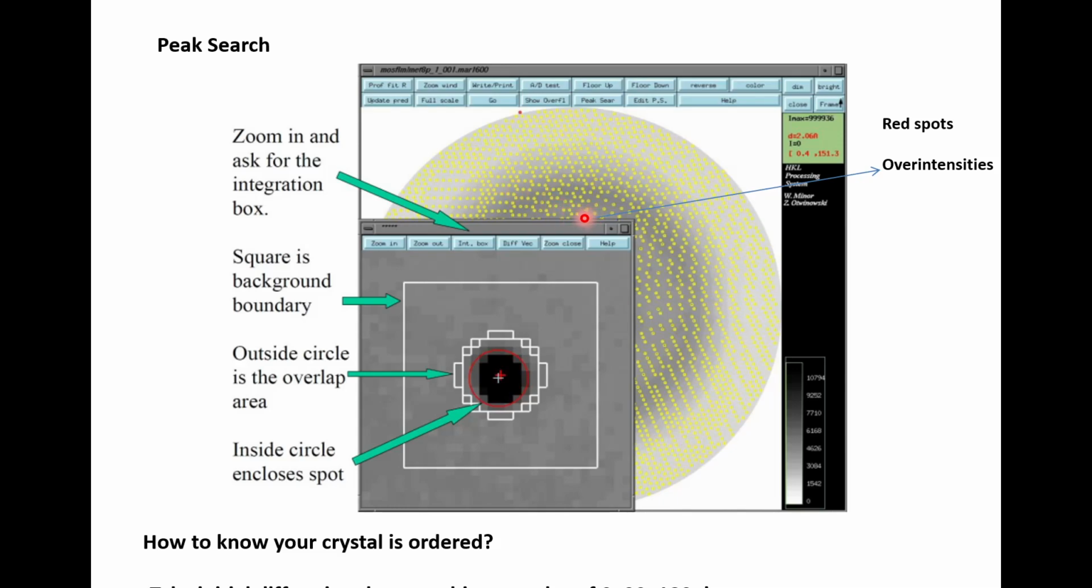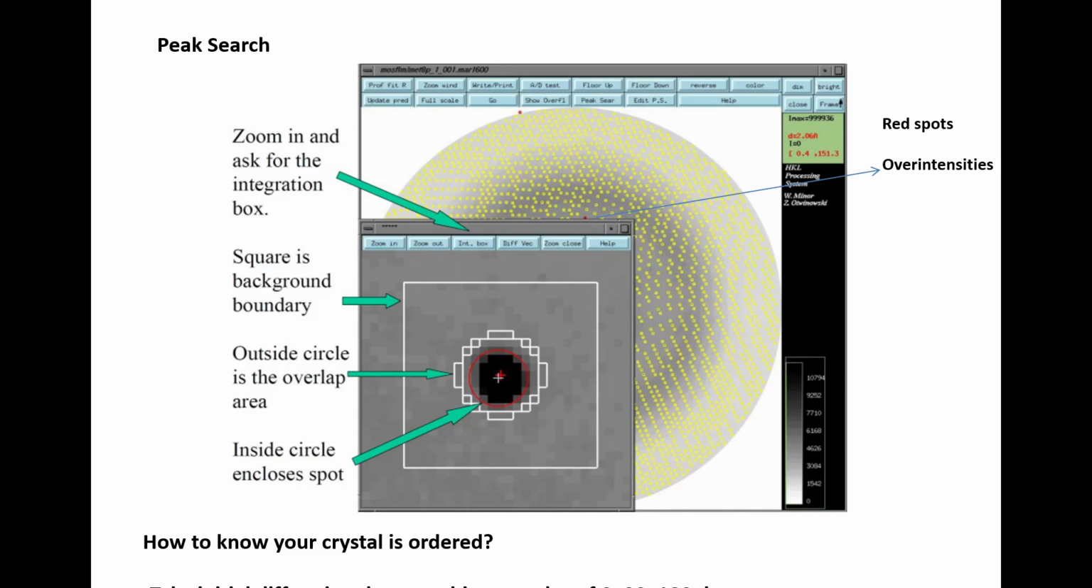And sometimes you can see these red spots. Red spots mean overintensities, meaning the diffractometer software cannot detect these intensities because they are too much for the limit of the software. Okay, so all that information you can get, and this is what I discussed in the previous slide,